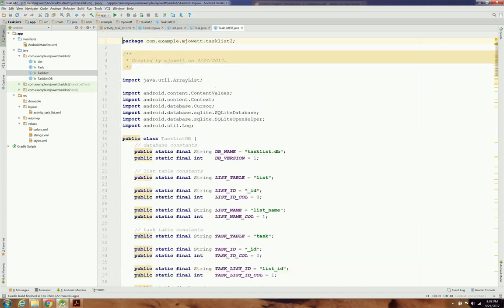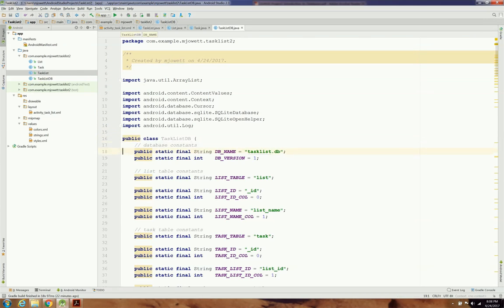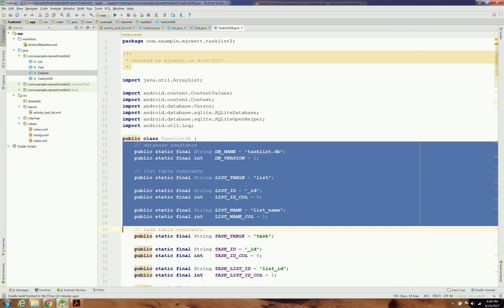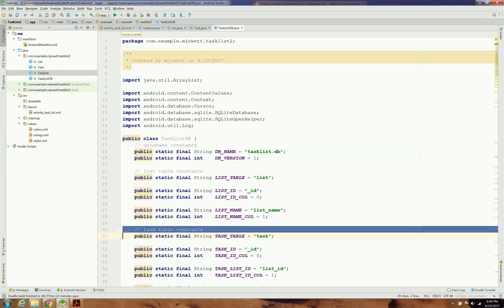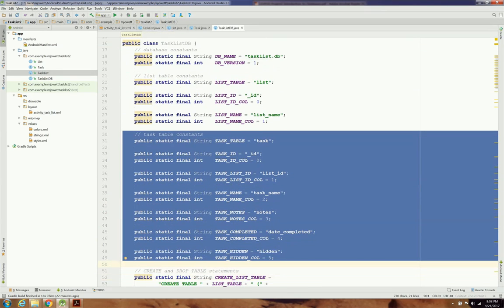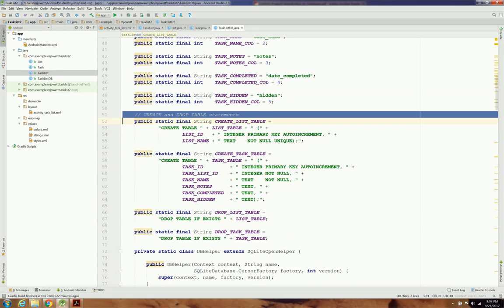Okay, so one last show of it. Import statements, beginning of class, database constants, table constants for the list table, table constants for the task table, create and drop statements,